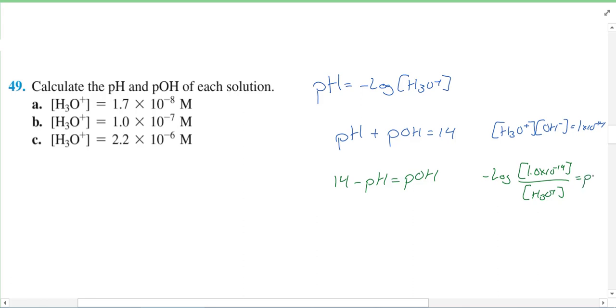And that gives you the pOH. So either way you want to do it, works mathematically. A lot of my students seem to do it the first way. So for A, if I look at A here,